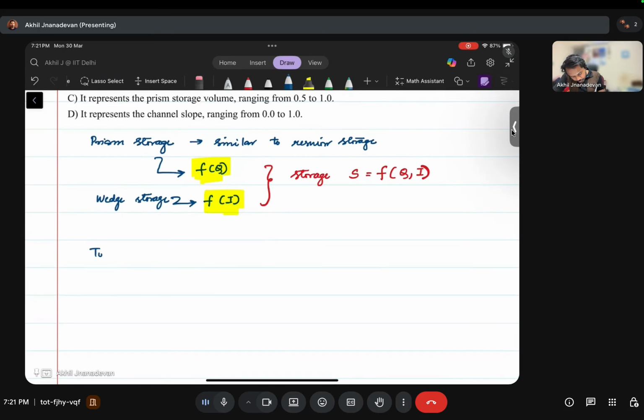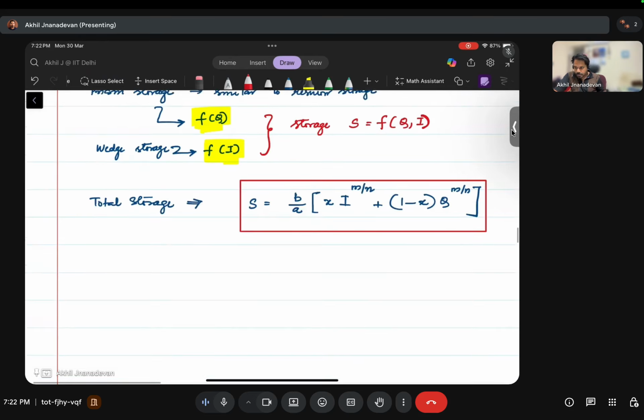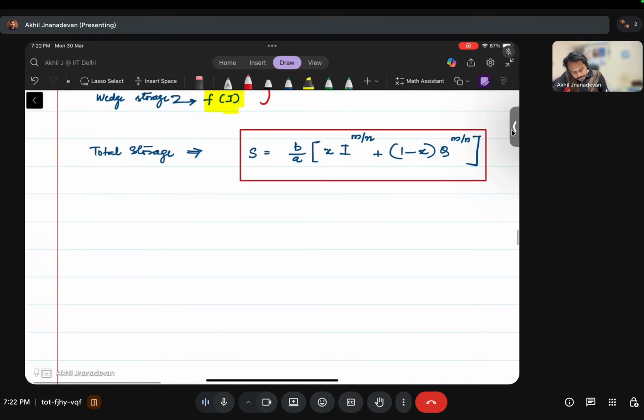So total storage is given by S is equal to B by A into [x I raised to m by n plus (1 minus x) Q raised to m by n]. So this is the general equation for the total storage which has been developed based on this prism storage and wedge storage concept. So in this, x here